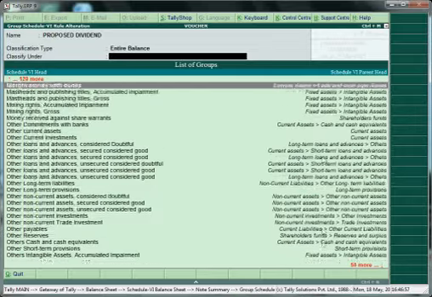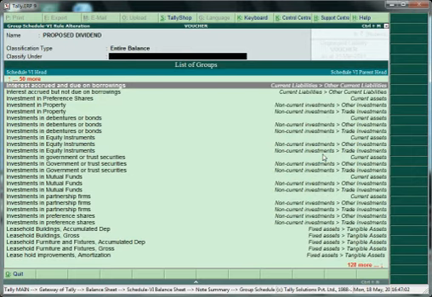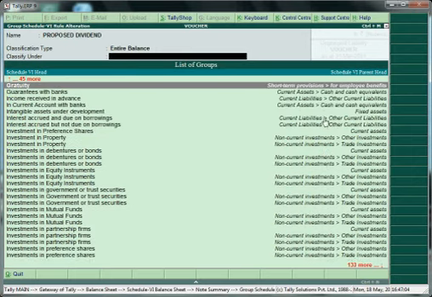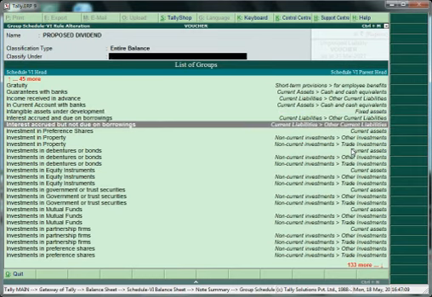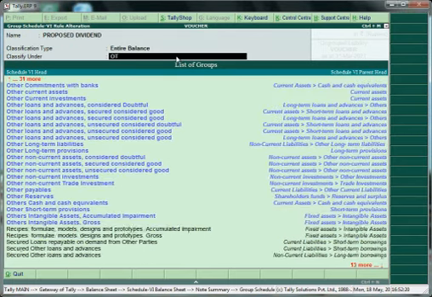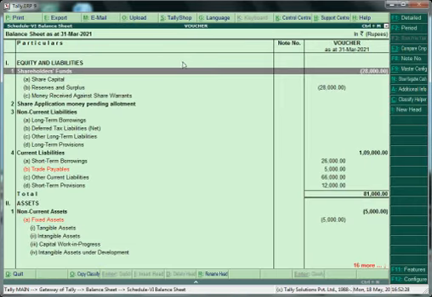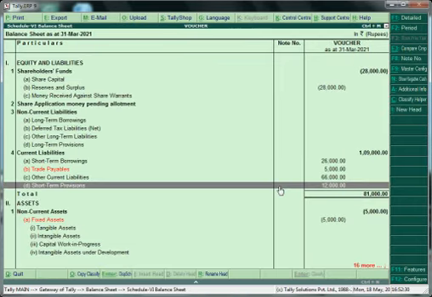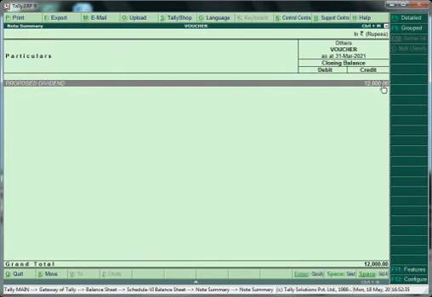Now suppose I have missed it, so we can put it here. We have to classify under other short term provisions and then select and then by escape, and here short term provisions, here others. We can see the proposed dividend of 12,000.